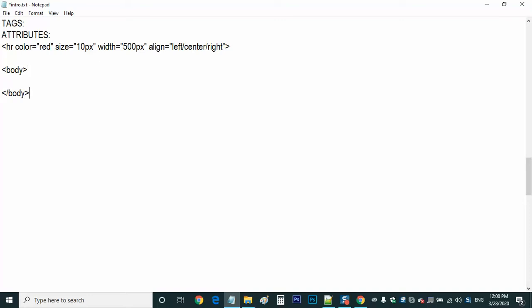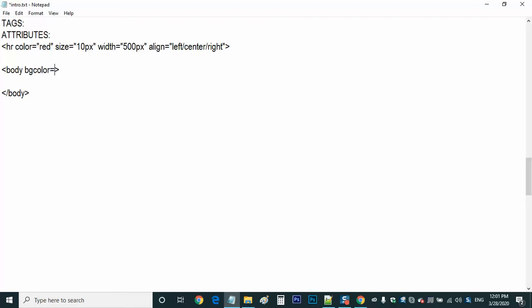Now for the opening tag, you see the HR tag has only an opening tag, there is no closing tag, whereas the body tag has opening and closing. Where to write attributes if you have opening and closing? Friends, we have to add attributes for the opening tag only, not for the closing tag. So for the body tag we have one attribute called BG color.